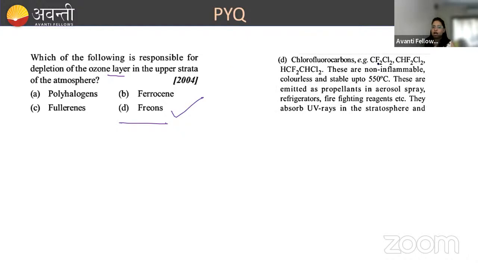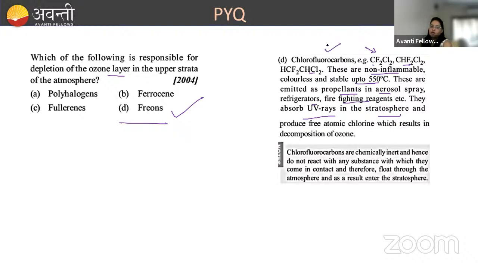See, chlorofluorocarbons. What is the structure of freons? CF2Cl2, CHF2Cl2, HF2CHCl2. These are non-inflammable, colorless, and stable up to 550 degrees Celsius. These are emitted as propellants in aerosol spray, refrigerators, firefighting reagents, etc. And they absorb UV rays in the atmosphere. Okay. So these are what? Chlorofluorocarbons. That is what? Freons, which are responsible. They absorb UV rays in the